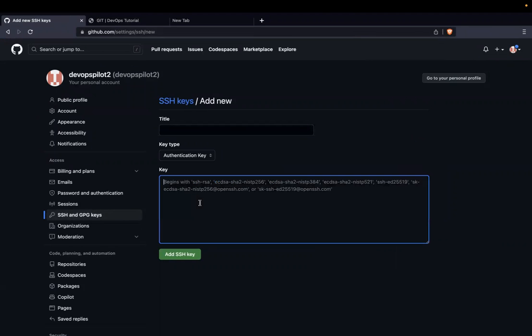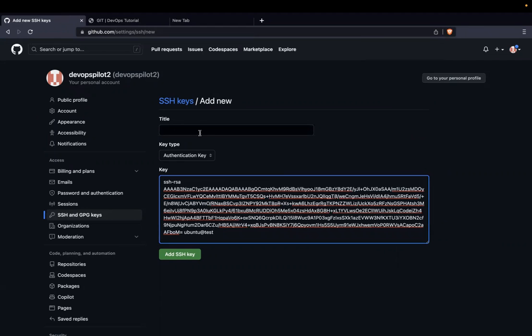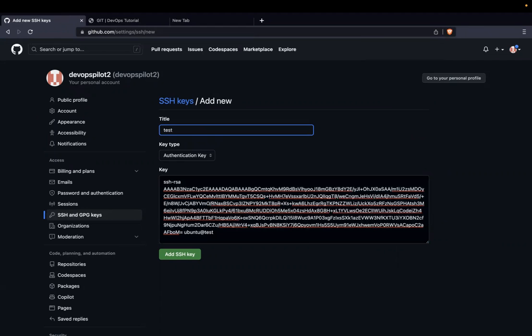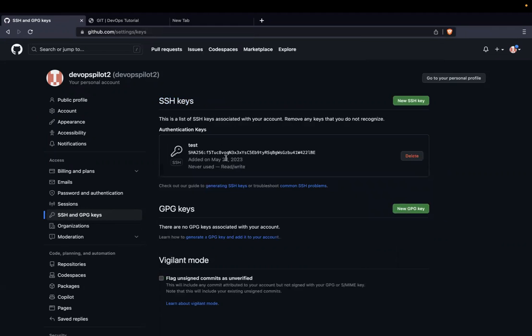And inside this key box, you need to paste your content. And for the title, you can just keep your name or your desktop name like that. So for now, I'll just keep text, add SSH key. Okay. Now I added my SSH key, which is added here. Now if I go back,